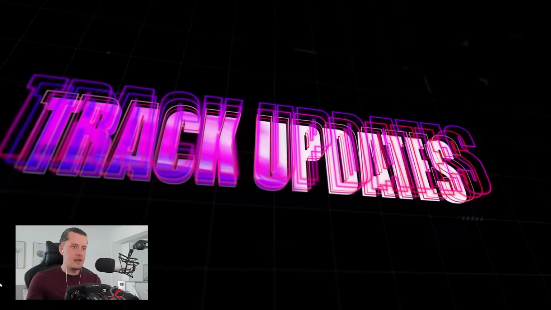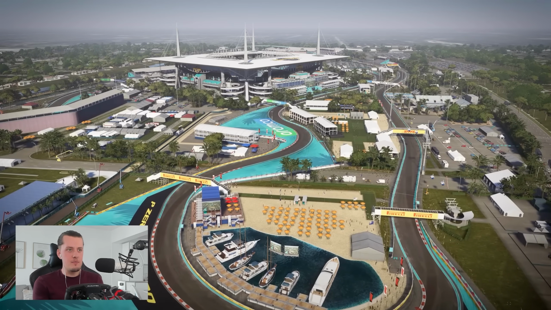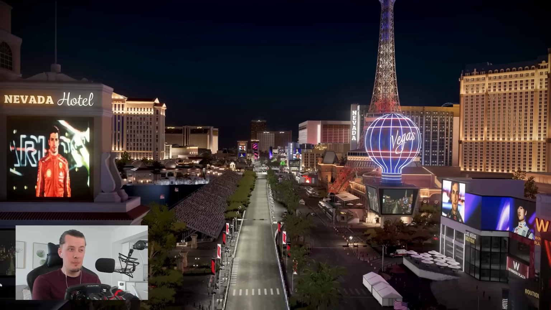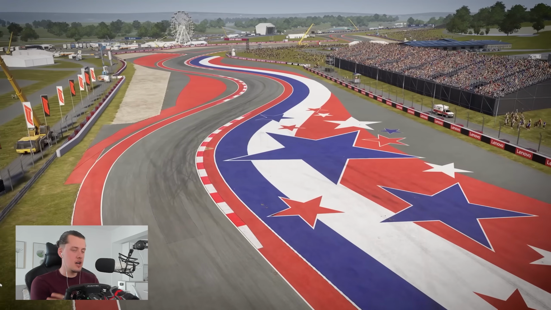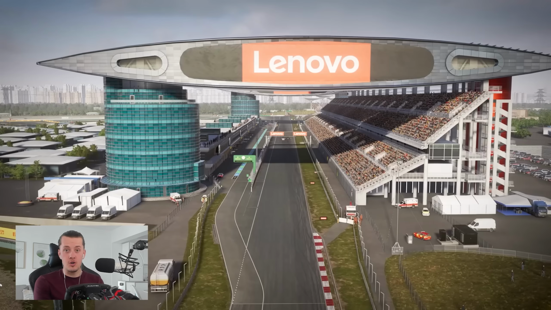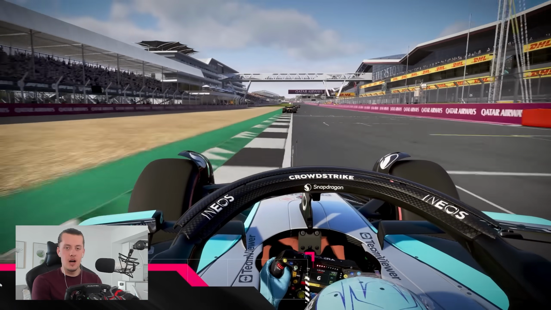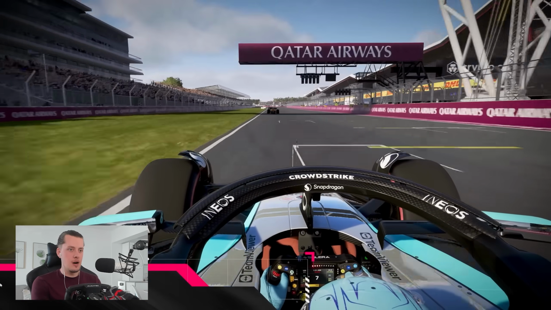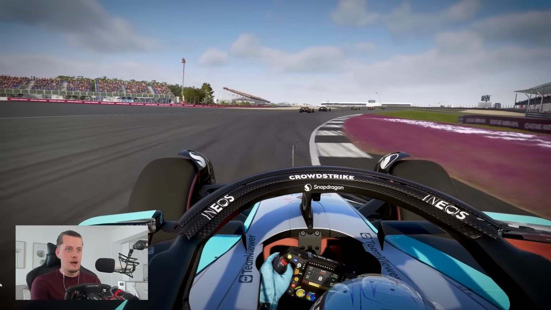Baku looks unchanged. There are some minor track updates, other ones that I think have been tweaked. I think Austria looks a little bit different. I think they've actually opened up the chicane, the new chicane entirely. And then we saw in Monaco in the kind of gameplay deep dive that the entire track is covered with sponsor banners. Now Silverstone, we've kind of covered this in depth, but generally completely new kind of road surface tarmac,